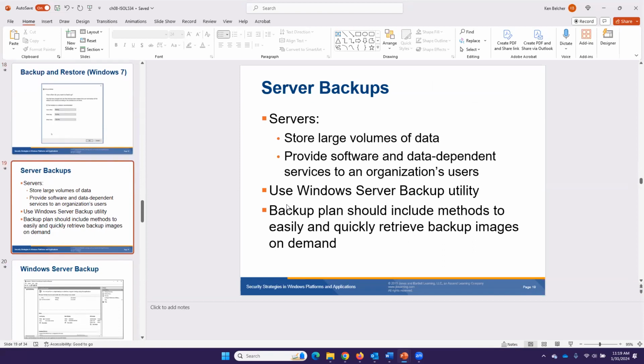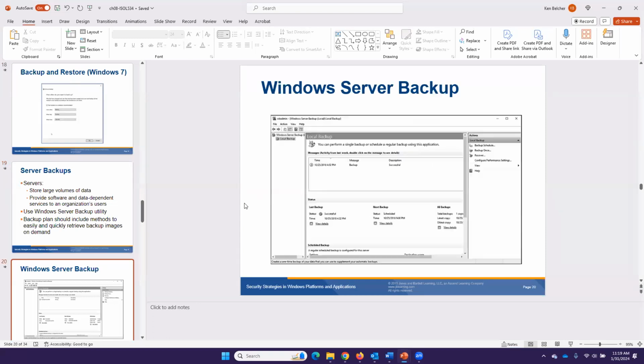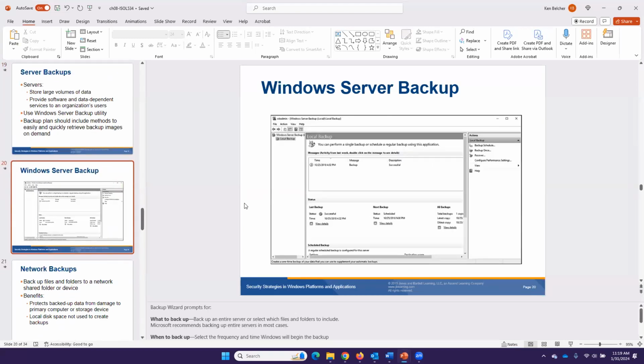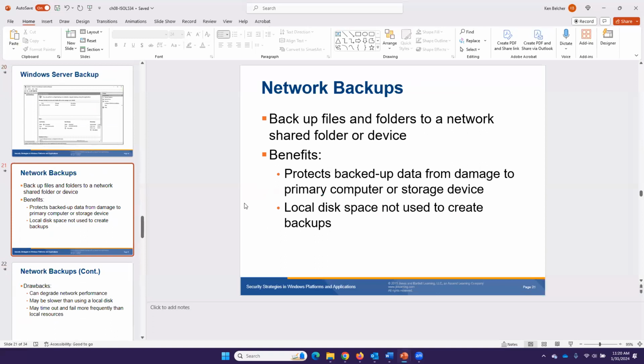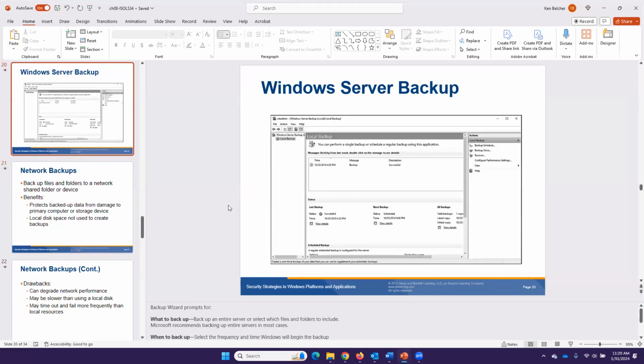So for server backups, we store large volumes of data and provide software and data dependent services to organizational users. Use the Windows Server Backup utility. Our backup plan should include methods to easily and quickly retrieve the backup images on demand. And here's our server backup. Let's see what to back up. We can back up the entire server or select which files and folders to back up, and the frequency and the time, similar to